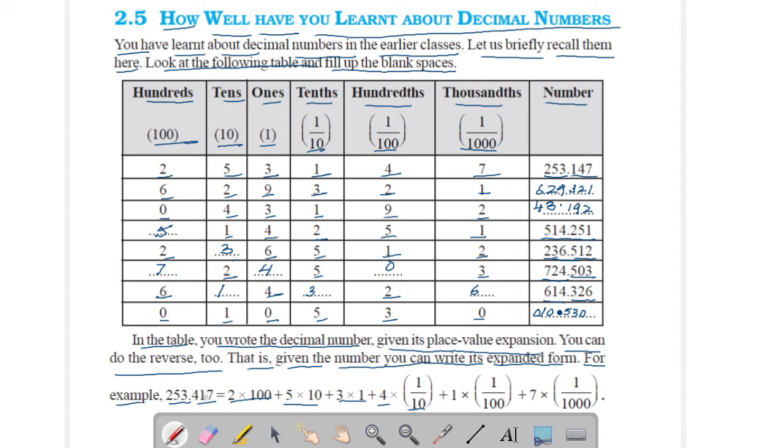It is on hundredths place, so it can be multiplied by 1 upon 100. That is 1 into 1 upon 100 plus 7 is on thousandths place, so it can be multiplied by 1 upon 1000. So it can be written as 7 into 1 upon 1000. This is the expanded form of the number